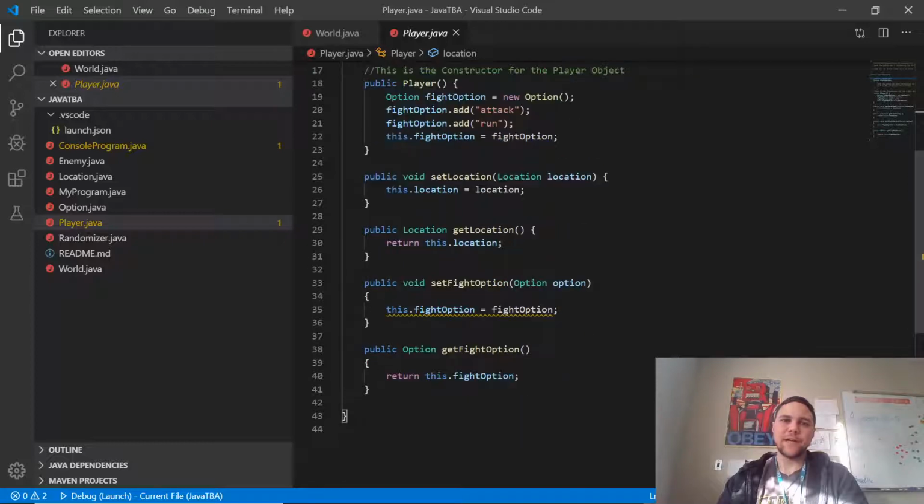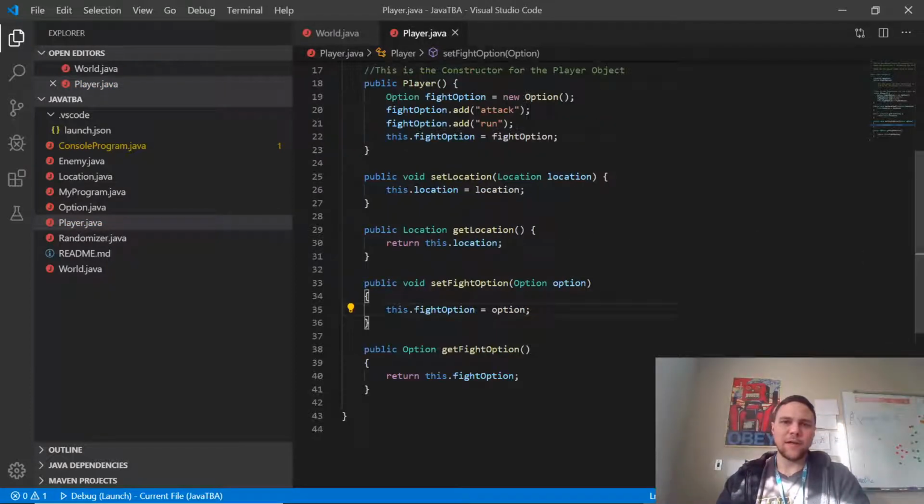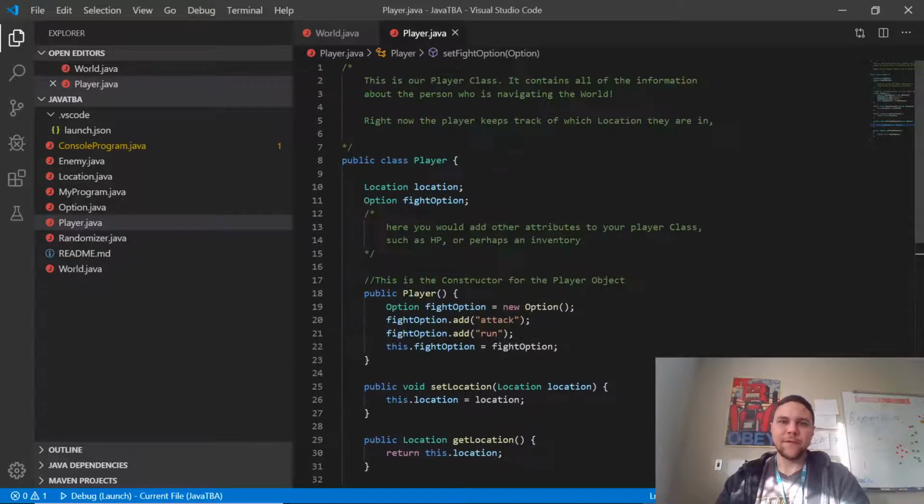Yeah, so there's actually a bug. I'll probably fix this, but it returns this.fight option equals option. That's a small bug that I released this code with. I'm sorry. I'll fix it on the GitHub. So if you download this video a little later, you shouldn't have this bug, but if you do now,